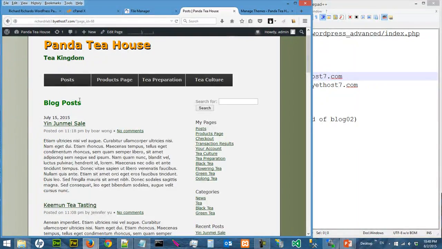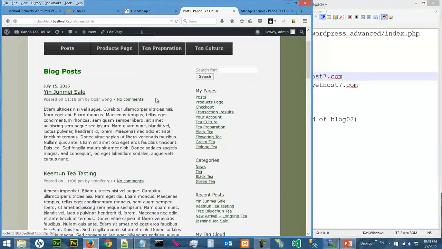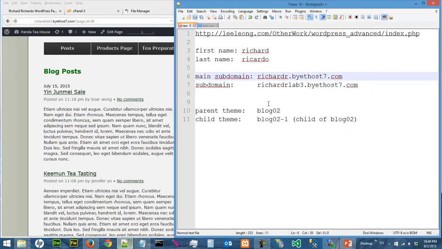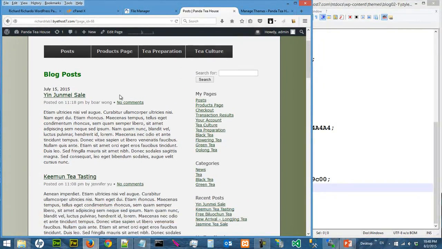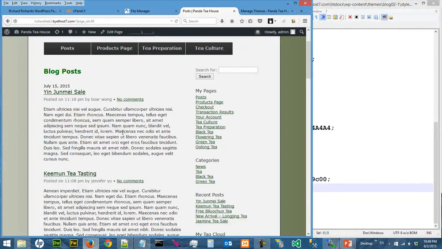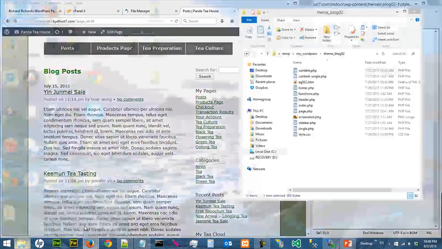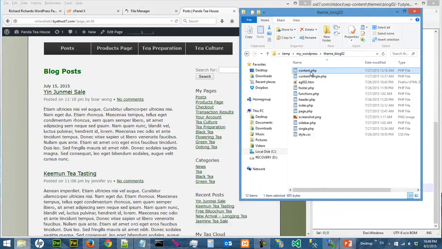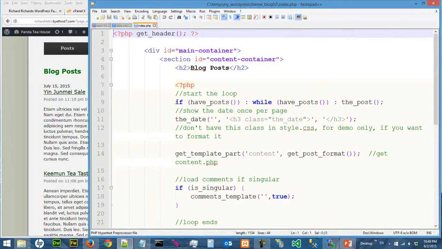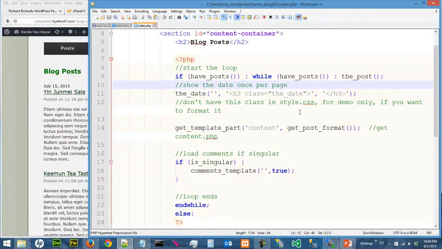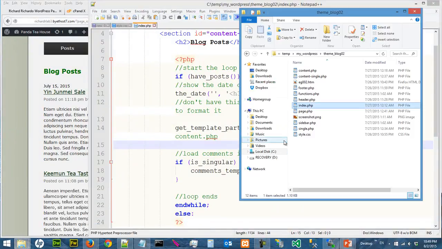So the first thing you want to do is locate which particular line of code is actually responsible for this, and then we can apply the style.css to fix that. So we know that all the posts are loaded in the index.php of the parent theme. So the parent theme is block 02, and we have block 02 in our local drive, and I can check on that. So let's go to our index.php to take a look. So if has post, you go into the loop and get the template part, content. In other words, the actual formatting is done in content.php. So I will need to open up my content.php as well,